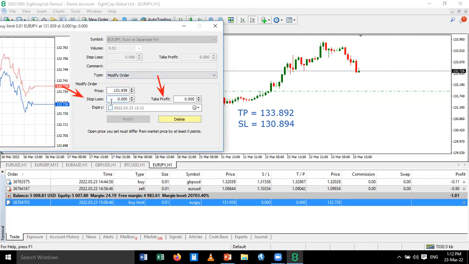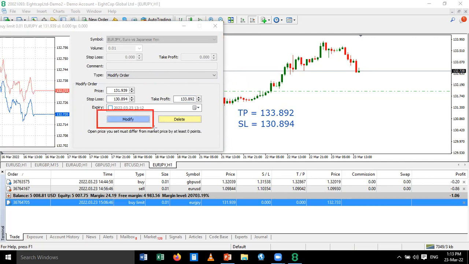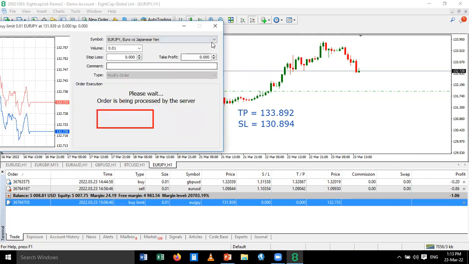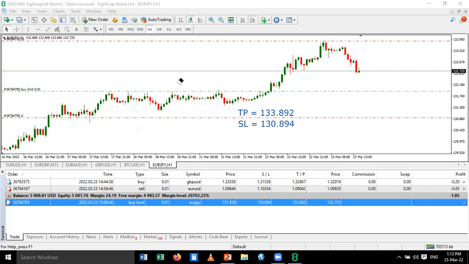I have 130.894. I just typed that in. Then take profit, I have 132.892. Haven't done that, then I click on modify. Click on modify. Once I click on modify, I've simply modified this order to add both my stop loss and